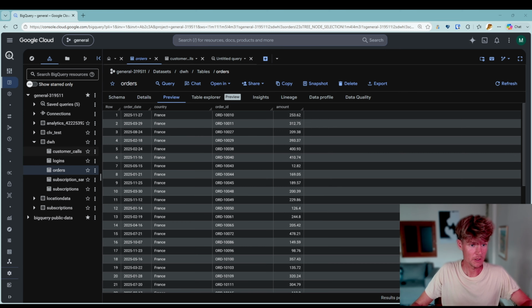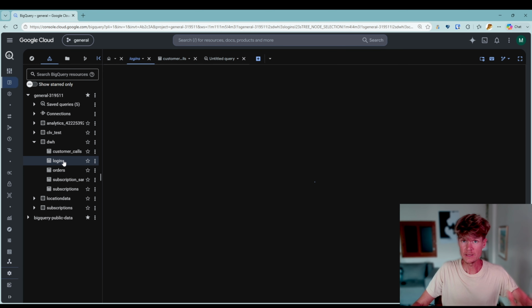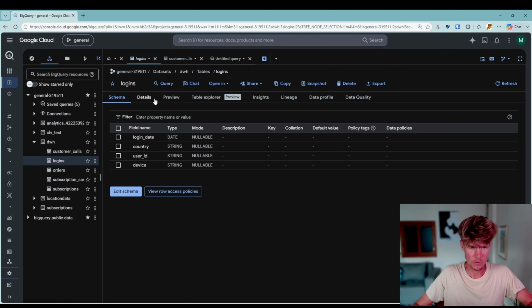So let's build the logic in SQL, and we will do this with a CTE, where we will split each of the subqueries and then we will join everything together in the end. What I will do here is I will join three different metrics together. We have customer calls in this table. We have call date, country, call ID, call length. We have a login table with number of users logging in per day. Looks similar, login date, country dimension as well. And we have an order table where we are tracking the orders, also looking similar. So we will take each of these three tables and bring them into the CTE,